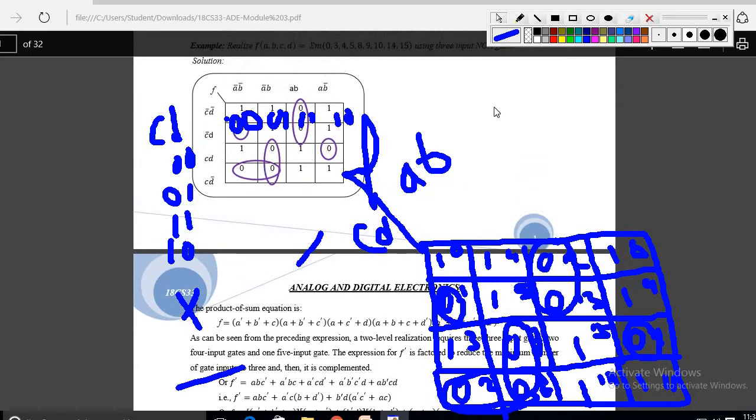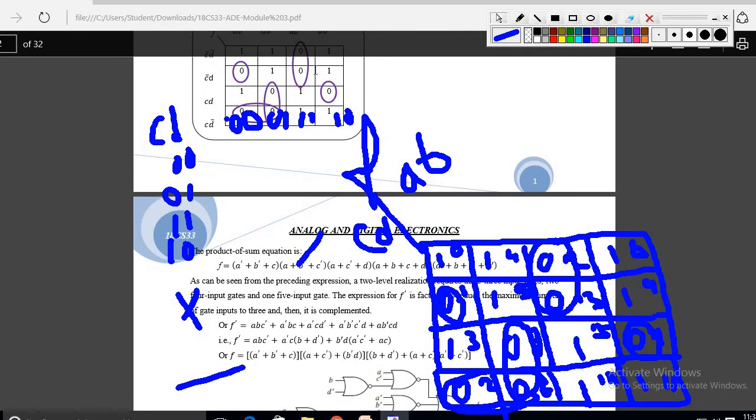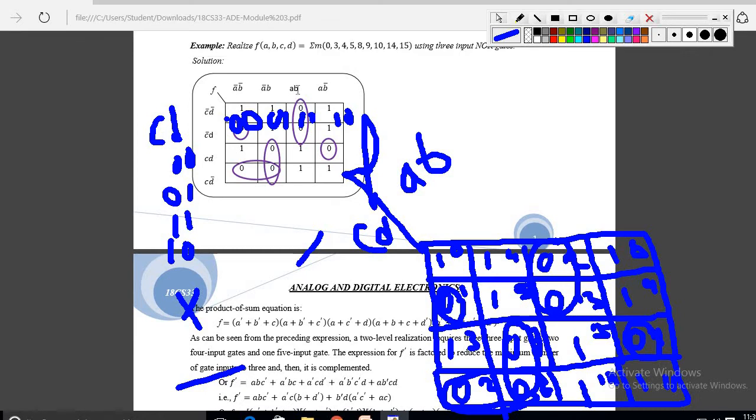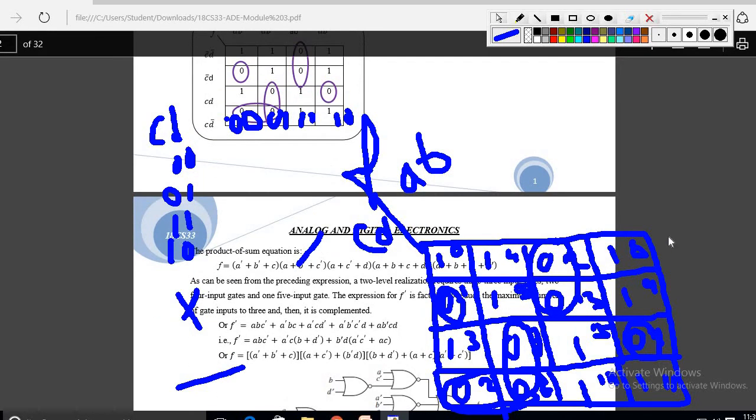Okay, first according to this zero grouping, this first grouping, what is this? A bar is, because I am directly writing A because of zero grouping, and I am writing in POS form A dash plus, product of sum. Okay, product of sum, for that reason. So I am writing this one, or else you just directly write this expression. Don't confuse with this POS and all. Directly you have to write this, and we'll solve that, design whatever gates will be there.